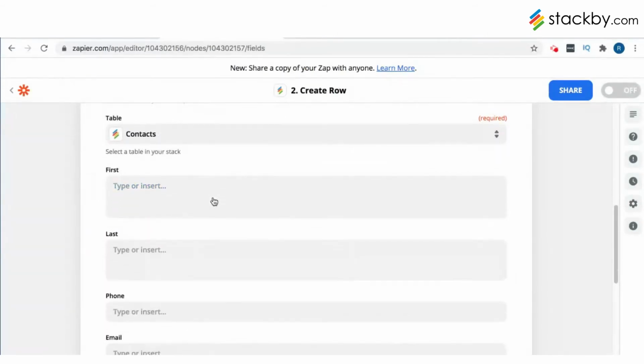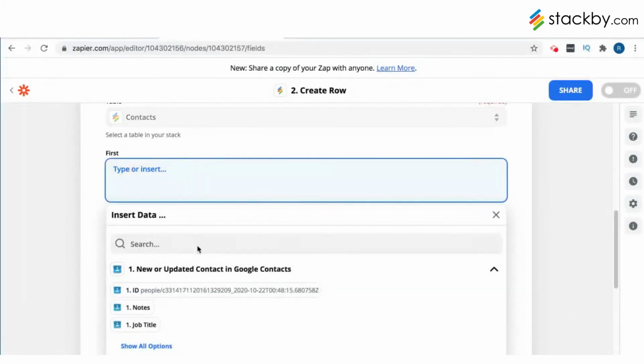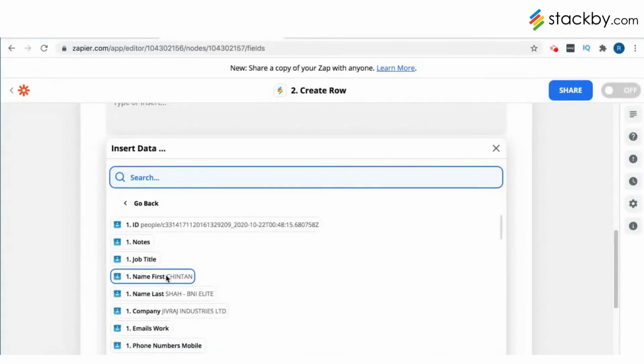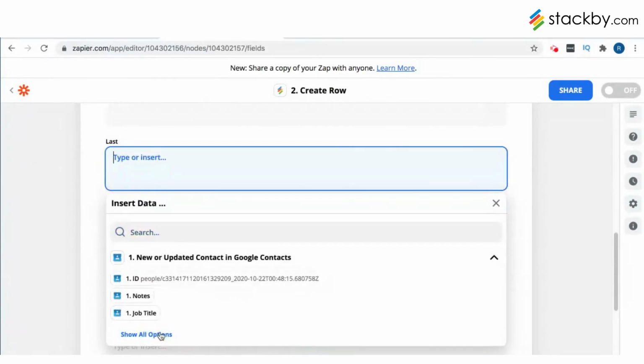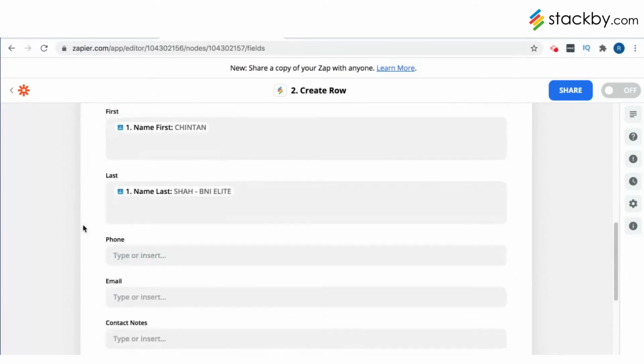Now I can select which fields will go into what columns. In this case, I have the columns first name, last name, phone numbers, email, and so on. So I can just select. The name first will go into the first name. The name last will go into the last name.